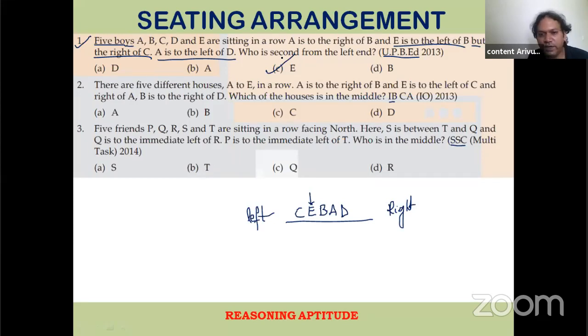This is how you solve these questions. Very simple questions. You don't have to worry about second to the left or first to the right, all those things. Very, very basic questions. So the correct answer is option C for question number one. Now can you try out question number two, all of you? Those who have done, that's fine. Those who have not done, please try out question number two. Once you're done, you can post the answer in the chat room so we can see. Question number two, what is the answer?